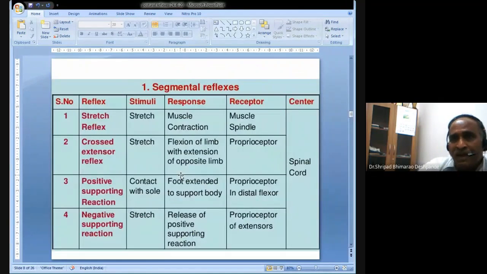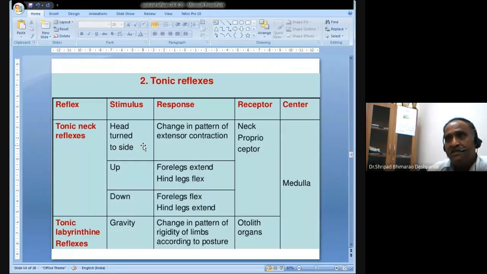So to go back here, now we have the stretch reflex, cross extensor reflex, positive supporting reaction, the magnet reaction, and the negative support reaction. And they all have their center in the spinal cord. And these are the receptors. These are the responses. These tonic reflexes either originate from the neck muscles, or they originate from the labyrinthine